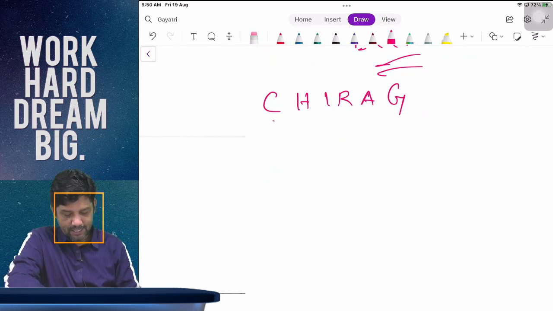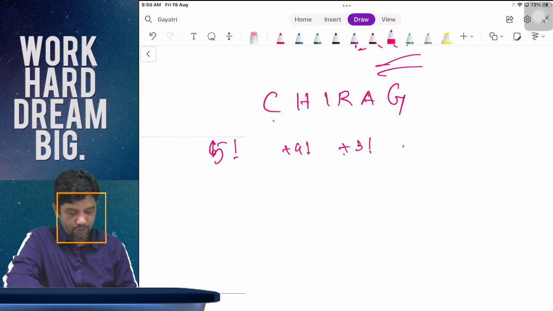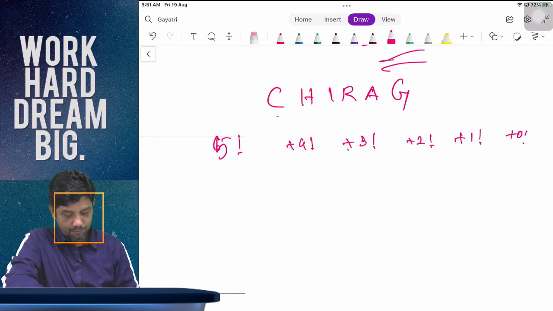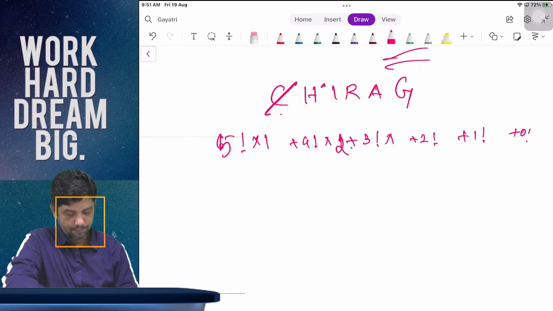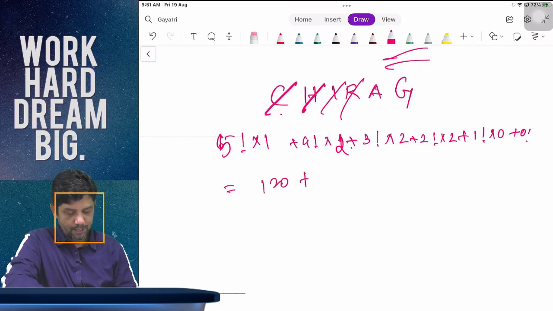So what exactly, sir? 6 letters? 5 factorial plus 4 factorial plus 3 factorial plus 2 factorial plus 1 factorial plus 0 factorial to 1. One 120 plus 48 plus